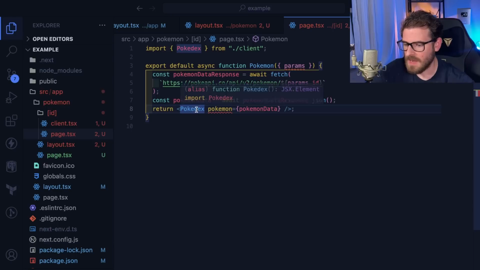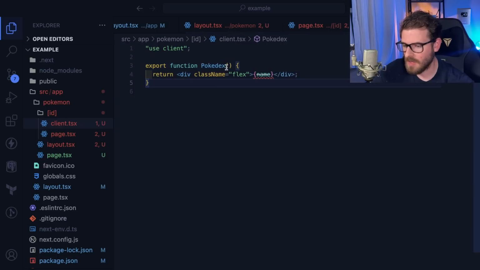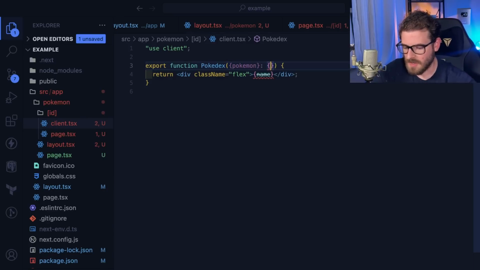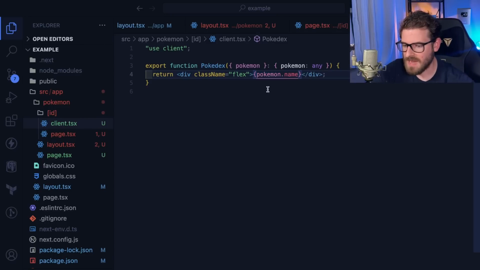Now the server fetches the data, it has the data, and it passes it into a client component, just doing the normal approach with props. I'm just going to say any for right now because I'm lazy and I don't have the types. But now we can actually use the prop that was passed in to display the name and display whatever else